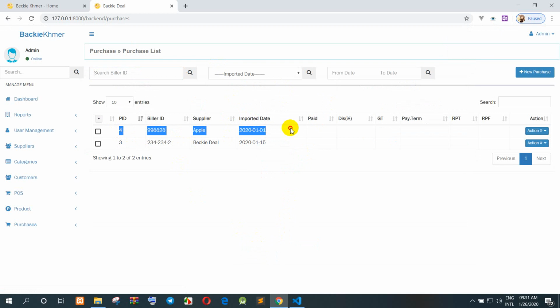Okay, now I create the biller ID and the supplier Apple, the one I imported from the company Apple. Now I have the data to input, and we can input the data from the invoice. So right now we go to the action and choose add item to add data to stock. For example,